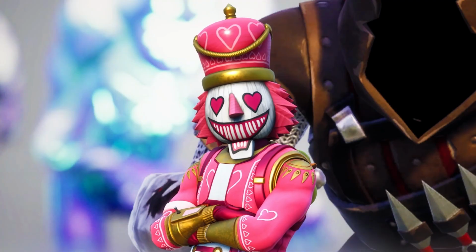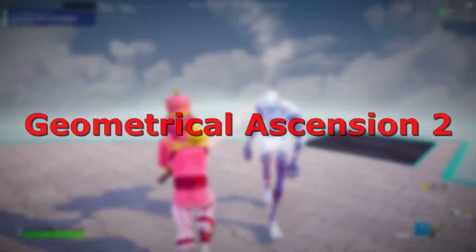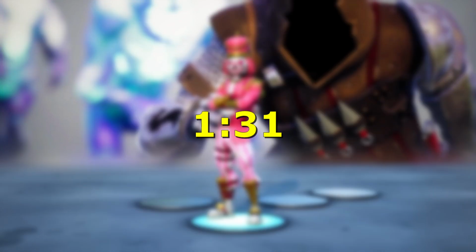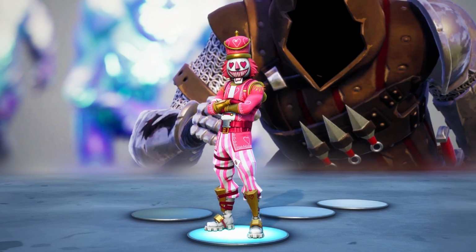Hey everyone, this is Syntax, and welcome to the official walkthrough slash speedrun for my newest map, Geometrical Ascension 2. Now, if you want to skip to where the tutorial actually starts, you can go to this point in the video, but I do want to take literally a minute to provide some background on the map